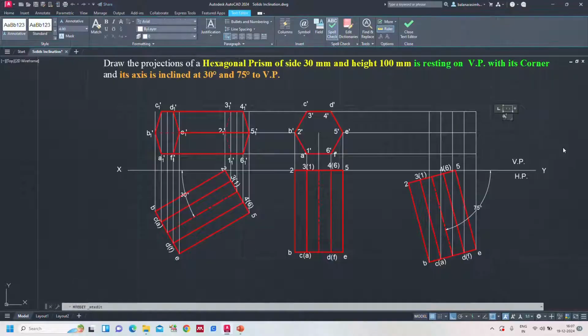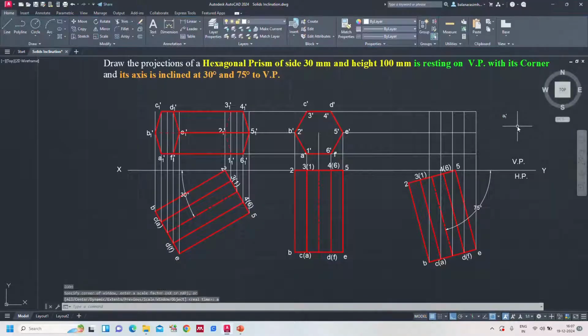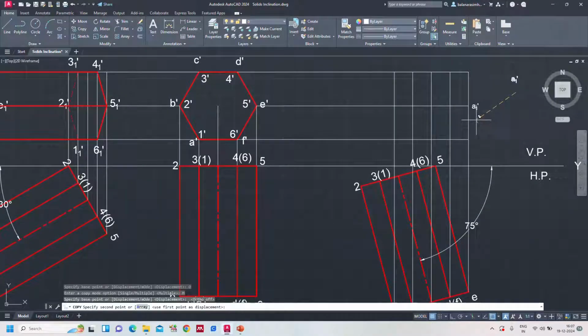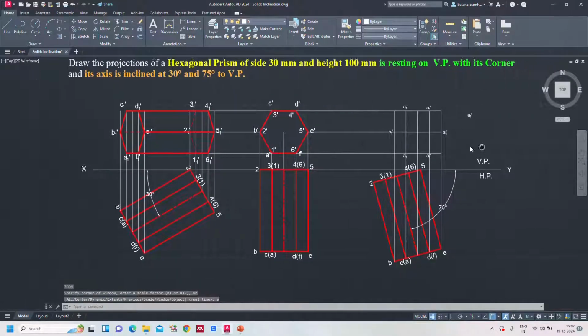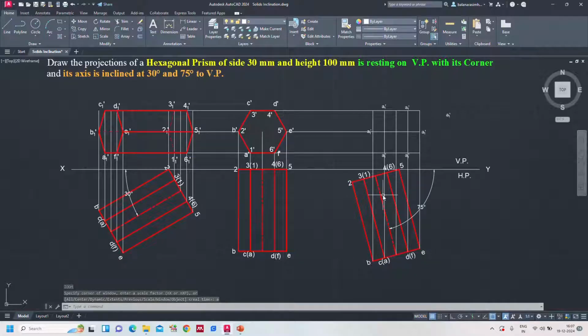So okay, copy, mode, multiple, switch off the ortho, point is this one. Okay, done. Now this is 1 point, this is 1 point, this is 1 point, here, here, here. First we will finish this one, next we will go to the back base. So this one belongs to the A and this one